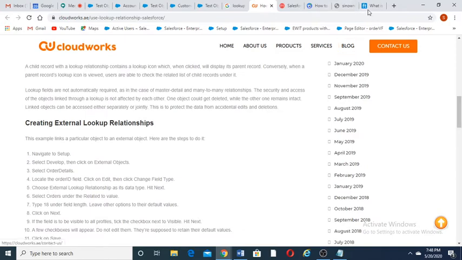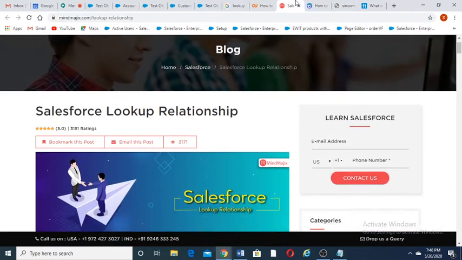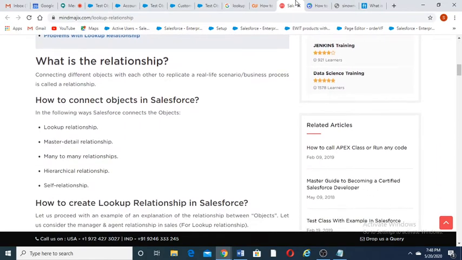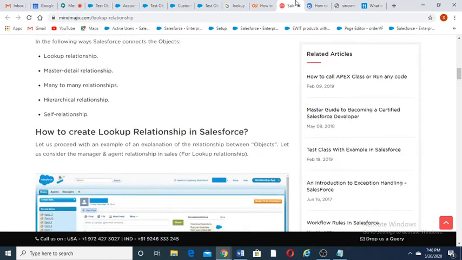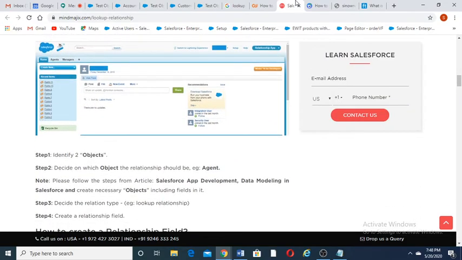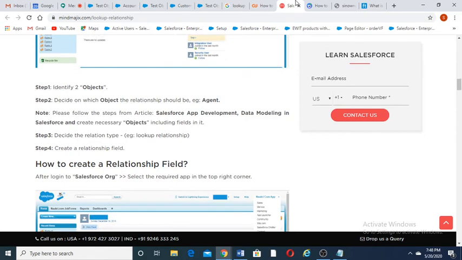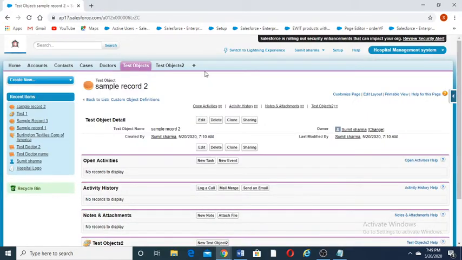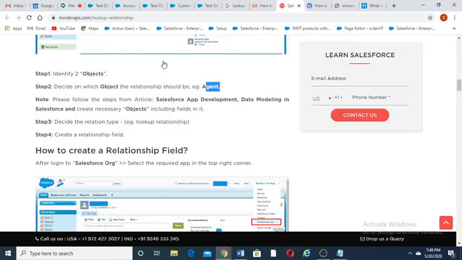I'll show you a good example online. Here they have given the steps on how to create the relationship, and we have followed these steps. We went to the object, then decided on which object the relationship should be created. I decided to create the relationship on test object 2, so I made it the child object.